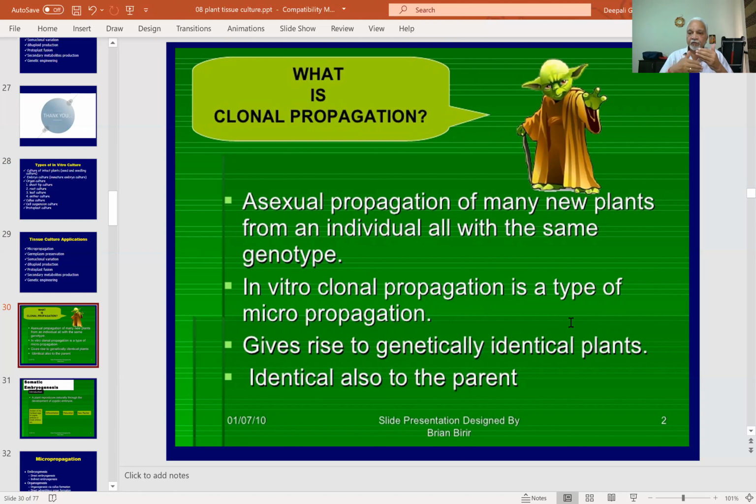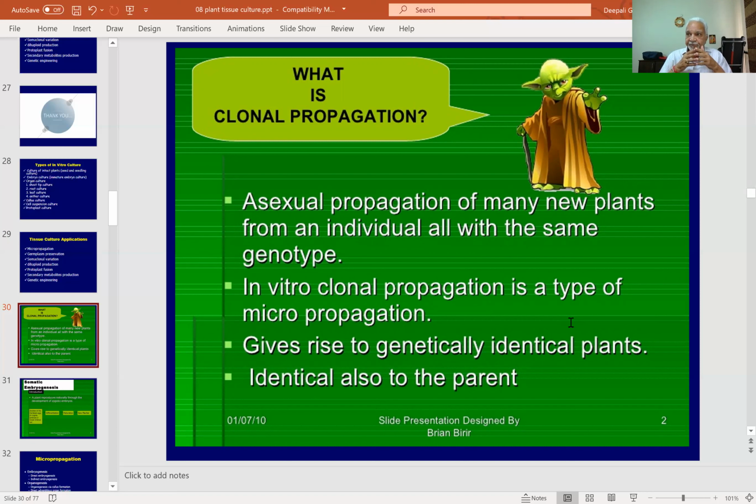Asexual reproduction involves the somatic parts of the organism, and is seen in plants invariably, and in prokaryotes and lower animals. But higher plants undergo both asexual and sexual reproduction, and animals undergo only sexual reproduction. So clonal propagation or micropropagation is a kind of asexual reproduction,